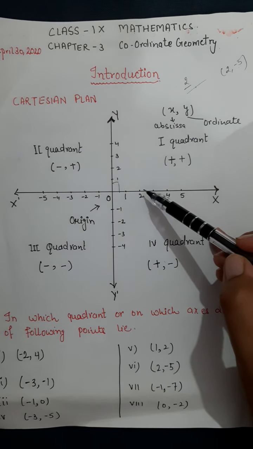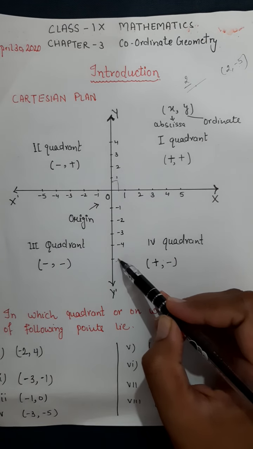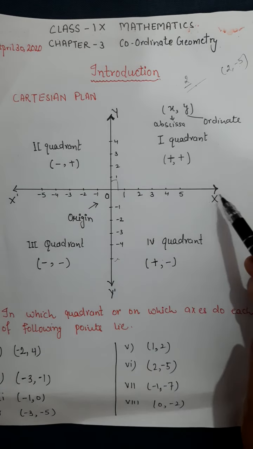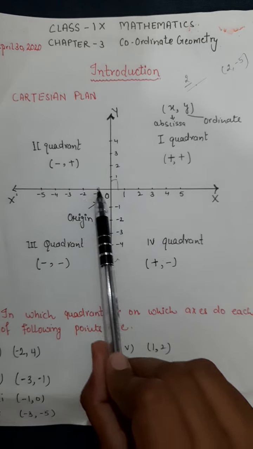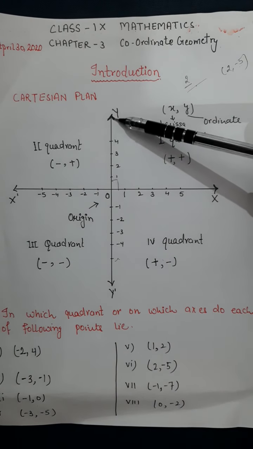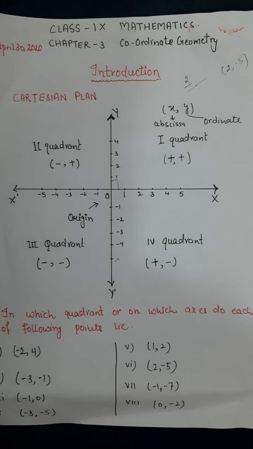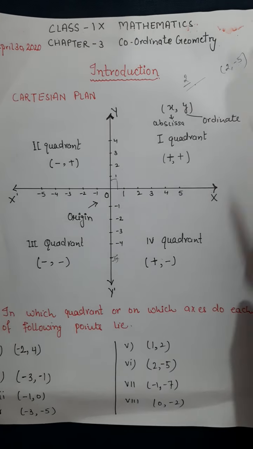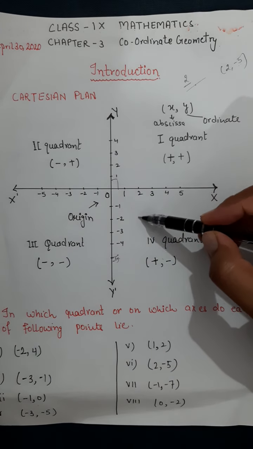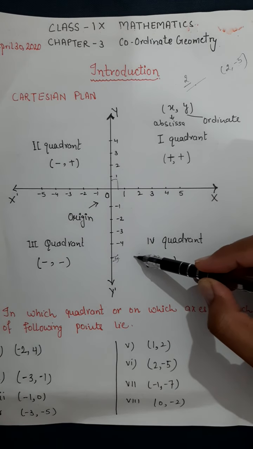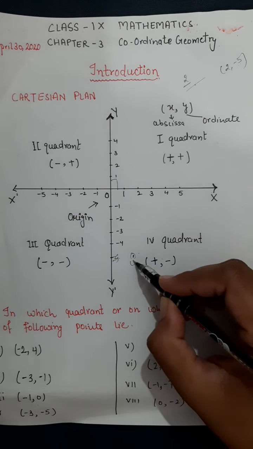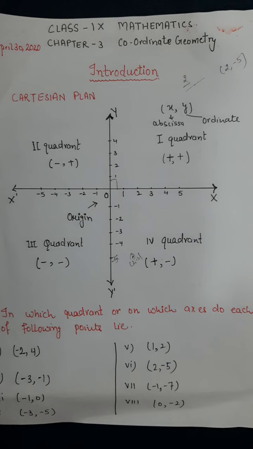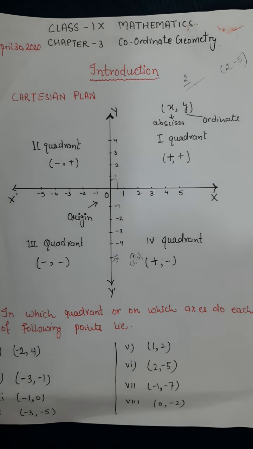So we have to look for 2 and minus 5 this side, positive 2 of x and negative 5 of y. This side we have positive x, this side we have negative x. This side we have positive y, this side we have negative y. You were taught this in 8th standard, I think. So how to plot 2 and minus 5? Its location will be 2 here, down minus 5, its location will be here. So this way we present the data or the coordinates on the Cartesian plane.